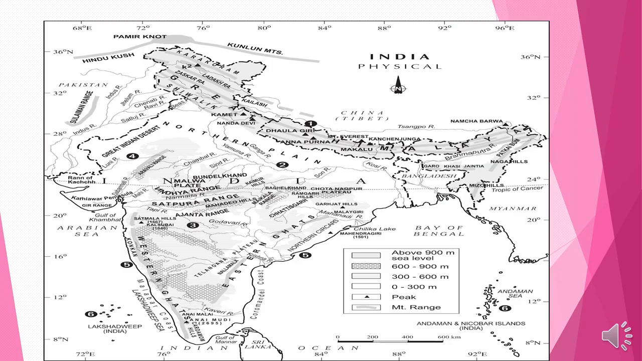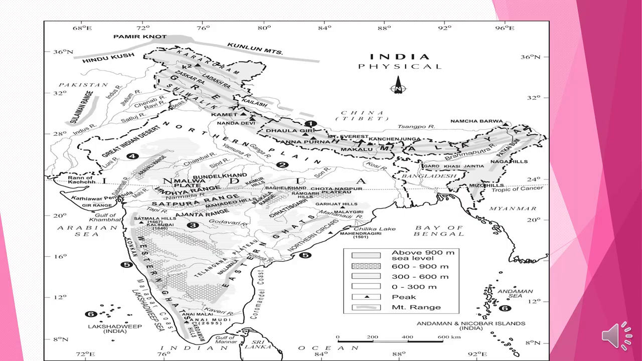The Western Ghat is located near the Arabian Sea, and the Eastern Ghat is located near the Bay of Bengal. The highest peak of the Western Ghat is Anaimudi, located in Kerala, and its height is 2695 meters. The highest peak of the Eastern Ghat is called Mahendragiri, located in Odisha, and its height is